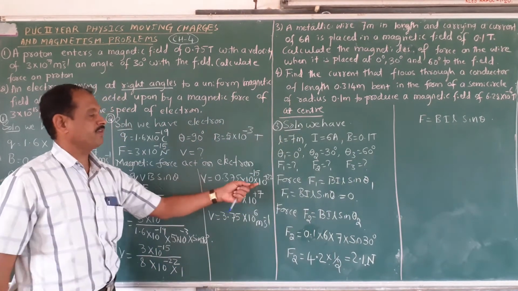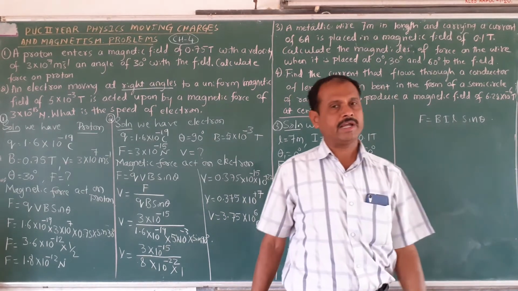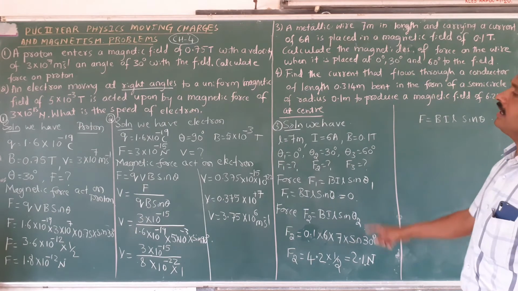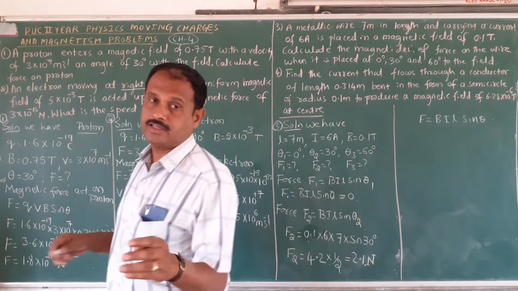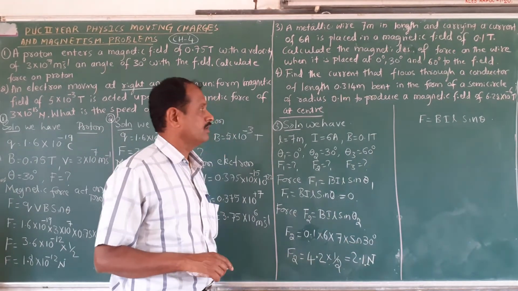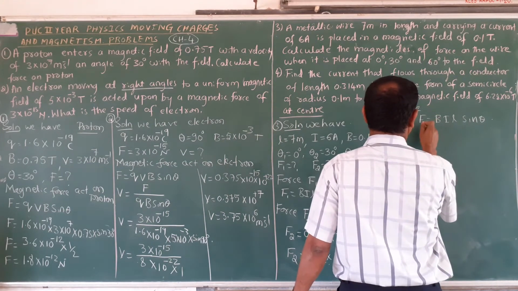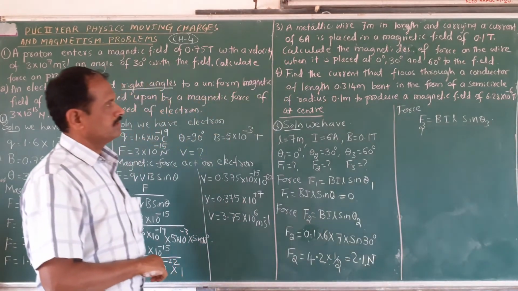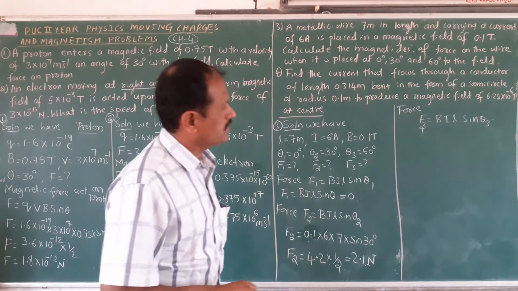This is the expression for the force acting on a current carrying conductor when placed in a uniform magnetic field. That is how to use the formula here. If the problem asks for different angles, what are the forces? You have to calculate them. For theta equal to 30 degrees, what is the force? And the third force F3 is for theta 3. For what angle? 60 degrees.